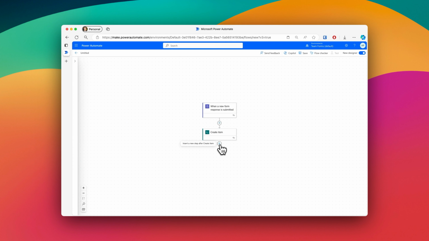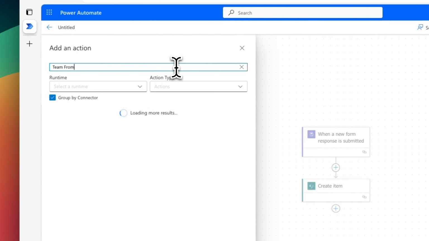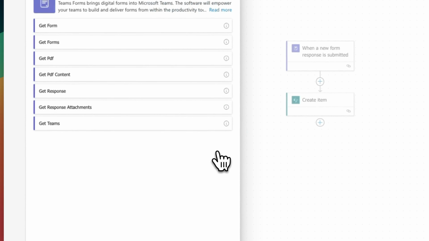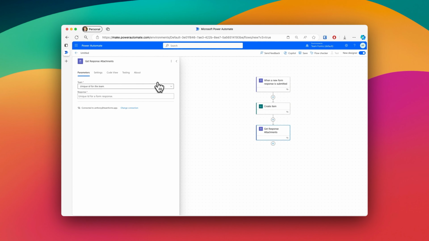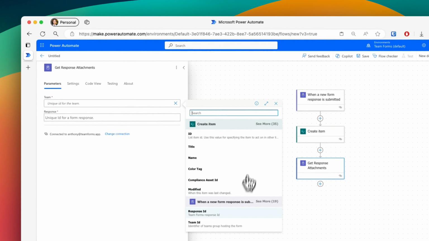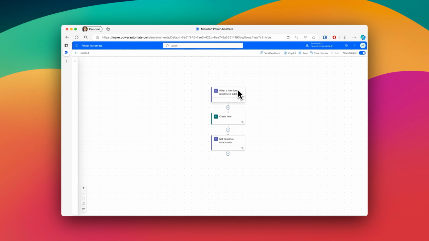Next, now that the item's created, we want to get the attachments that were uploaded to the form response. And we can get that using the get attachments action. So we'll search for team forms. Under team forms, there's a get response attachments. So we need the team and the response ID. A neat thing we can do is we actually can make this dynamic by getting the team ID and the response ID from the trigger itself. So now, every time a form is submitted, we create an item in SharePoint and then we get the attachments